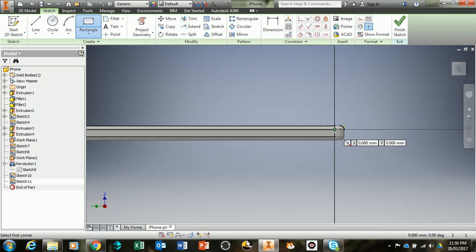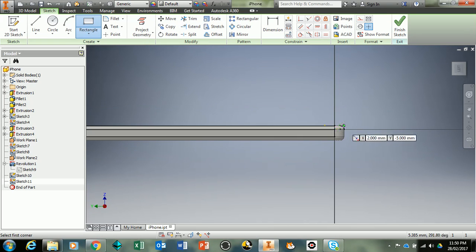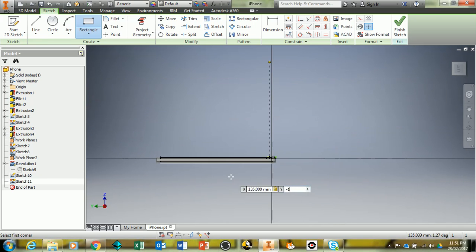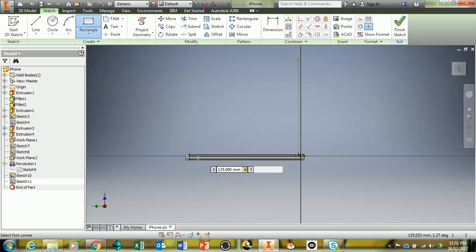Okay, so when I measured from the very bottom of this, it was 140 millimeters up, but instead we're going to have to take away 5 because of that difference again. So for the x-axis, we're going to go 140, but then take away 5, so 135. And instead of 3 millimeters down from the top, we're only going to go down 1 because of that 2 millimeter jump. So if we zoom back out and press tab,